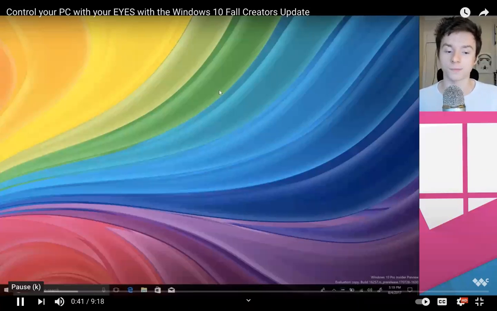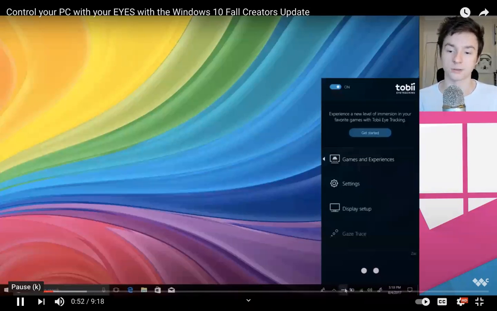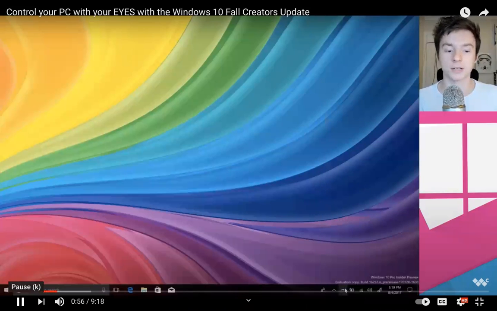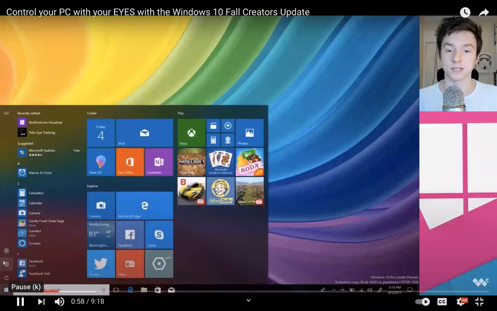So it does require a bit of extra hardware. In this case, we're using the Tobii Eye Tracking 4C device, and it also requires you to install their third-party software as well, just to get things set up and calibrated and whatnot. It also comes with some interesting games and settings, which we'll take a look at after. But for now, I just want to take a look at the built-in native stuff that Microsoft has been working